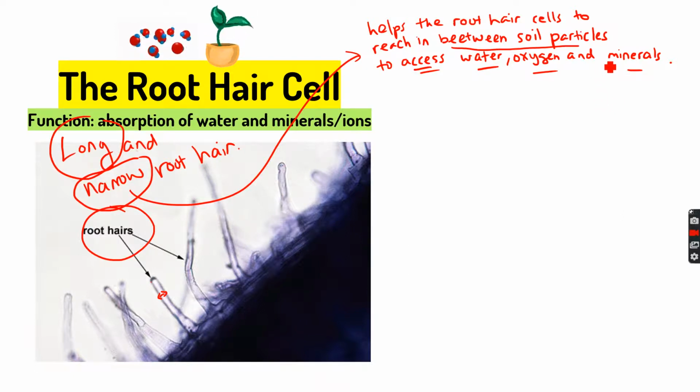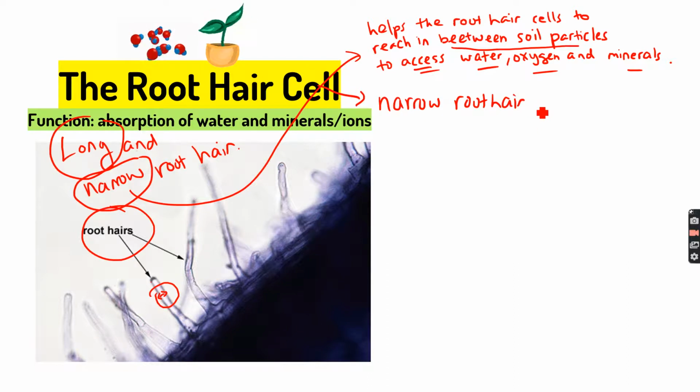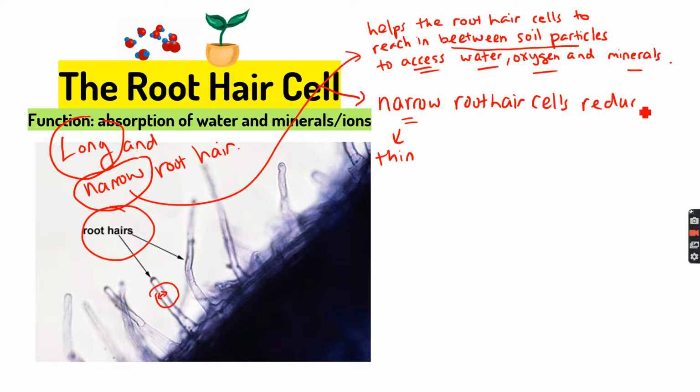Where was I? Oh, to carry out its function, it needs energy. So just so you know, root hair cells also help to absorb oxygen. Okay, so the other part about it being narrow is the fact that narrow root hair means how thin it is, actually. So narrow as in thin as well. Reduces